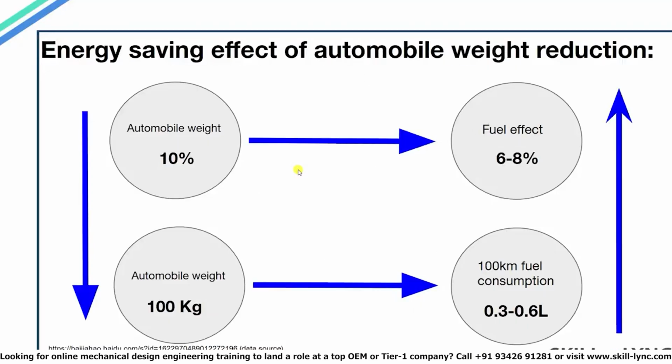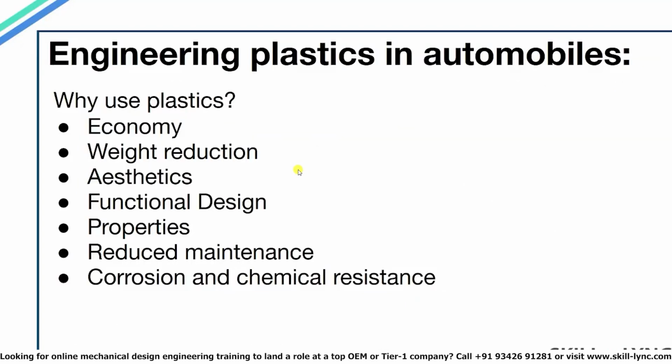The weight of an average car is around 800 to 1400 kg. A 10% weight reduction of a car would correspond to a 6 to 8% increase in fuel efficiency. A 100 kg weight reduction would correspond to 0.3 to 0.6 liter of fuel saved every 100 kilometers. This is why industries are trying to replace the die casting and sheet metal parts with plastics, as plastics are lighter. In this section, we will be looking at some applications of plastics made by injection molding